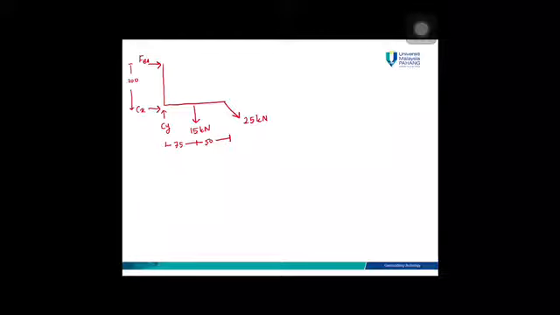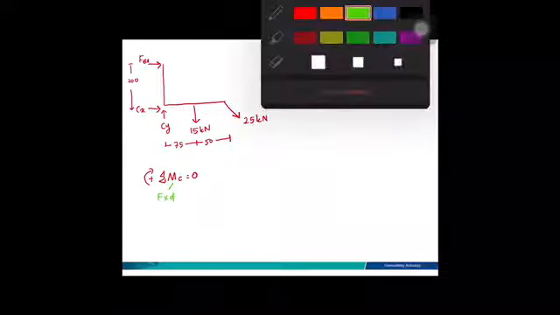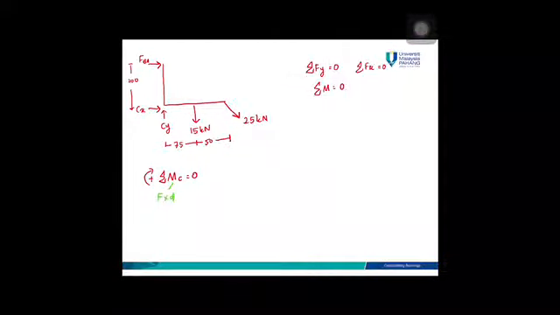Now let's get the unknown first. You have 3 unknowns, then you have 3 equilibrium equations: summation Fy, summation Fx, and also summation moment. I will start with summation moment at C. Summation moment at C is equal to 0. My definition: clockwise is positive. Remember that moment is equal to force times distance, which is the perpendicular distance. We take moment at C here,